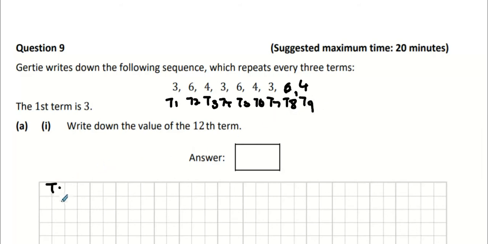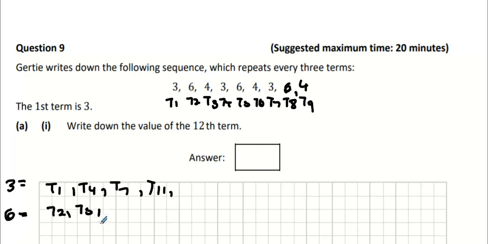So T1, T4, T1, T4, and T7 are all the same. So you can just count up in threes there. So T11 will be the same, okay? And then you know that, and these ones are all equal to 3. And then you know 6 is equal to T2, T5,